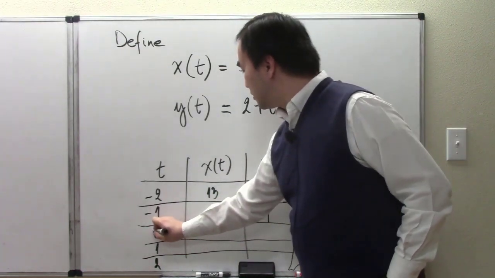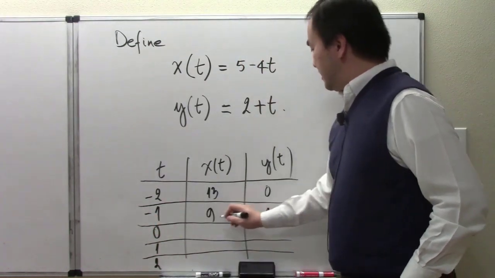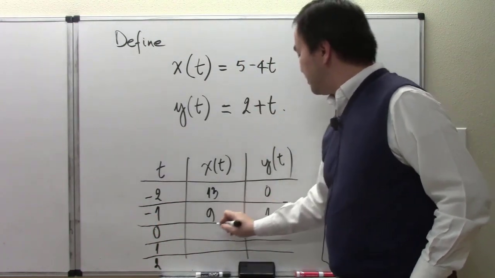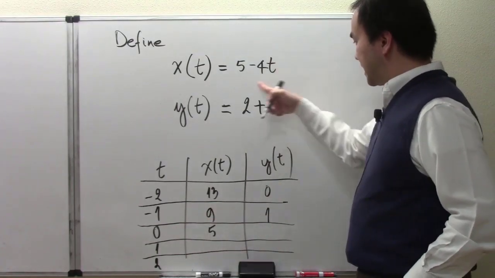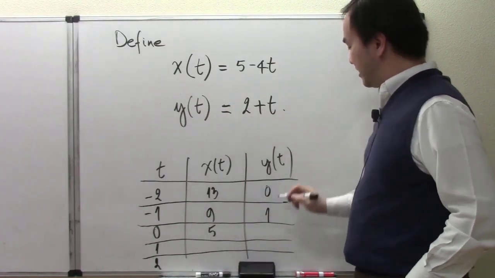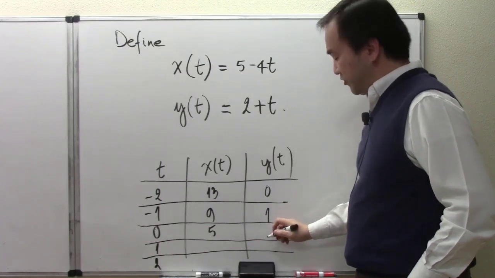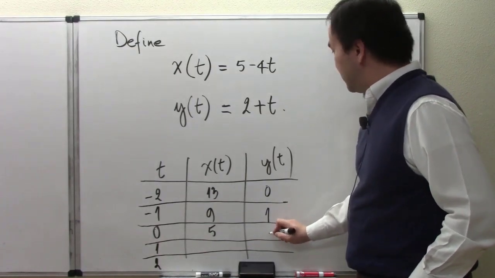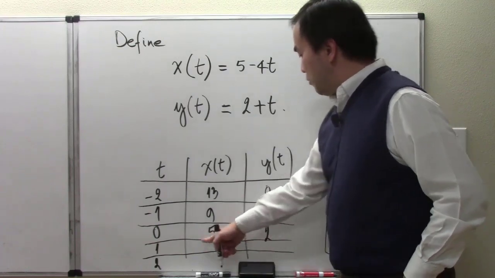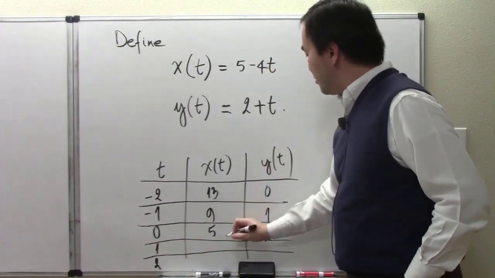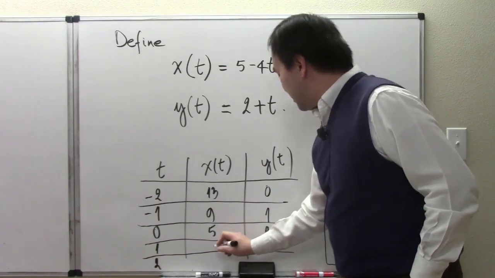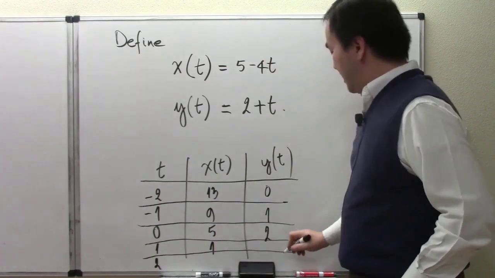When t is equal to 0 on my table, my x value is going to be 5, and based on this function definition, my y value is going to be 2. And when t equals 1, my x value is going to be 1, and my y value